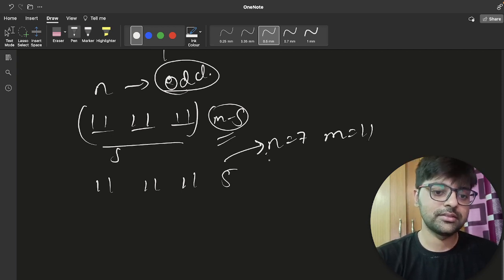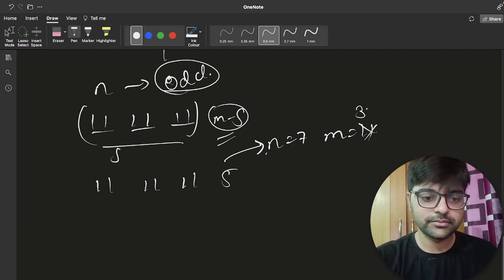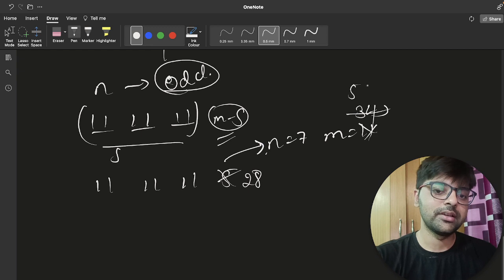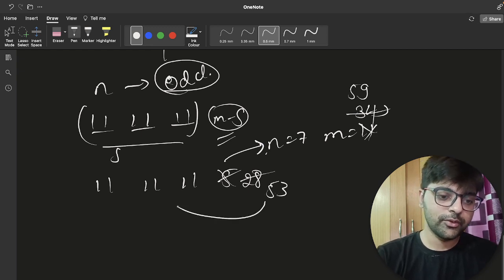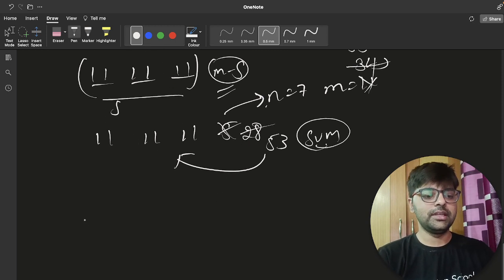Here in this case, let's say I am changing sum from 11 to, let's say, 34. So we have 6. Then what I will do, I will put it as 28, right? Element less than, let's say, 59, and this will become our 53. So the XOR of all the elements will be 0, and the sum of the elements will be sum, right? The problem occurs with n equal to even.